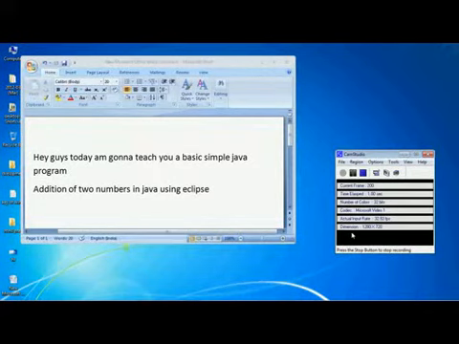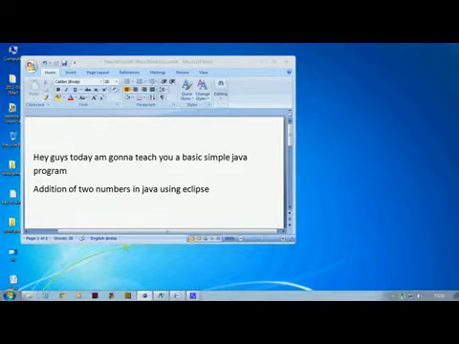Hey guys, today I'm gonna teach you a basic simple Java program, addition of two numbers in Java using Eclipse. Eclipse is a software I'm using to run Java programs. You can Google it. Now coming to the program,